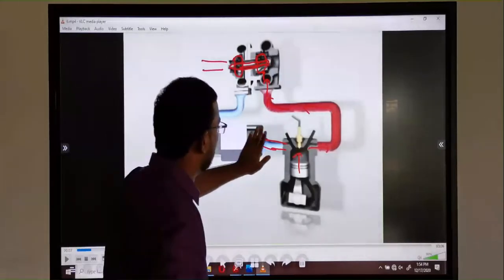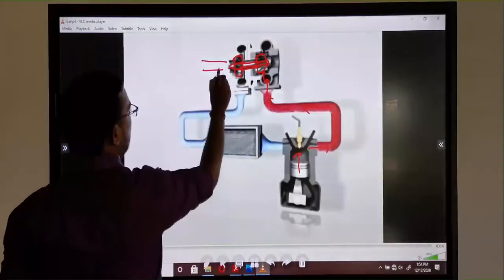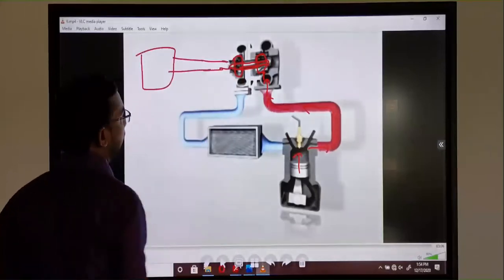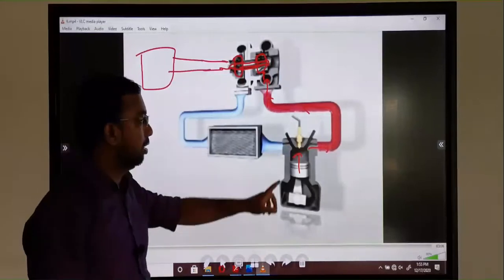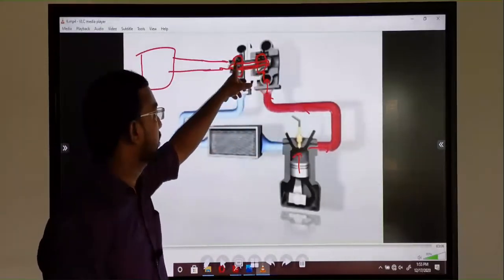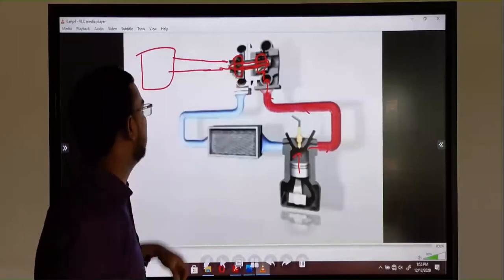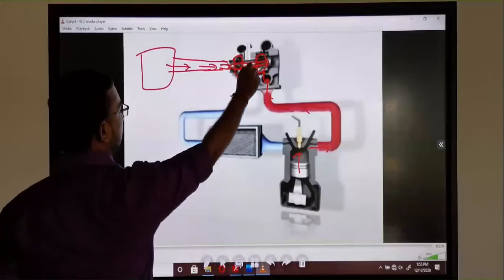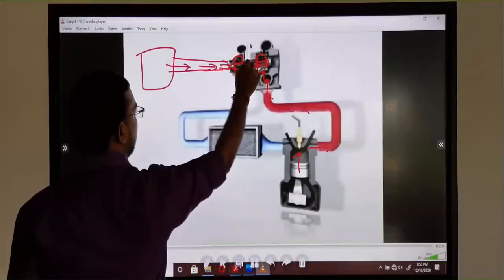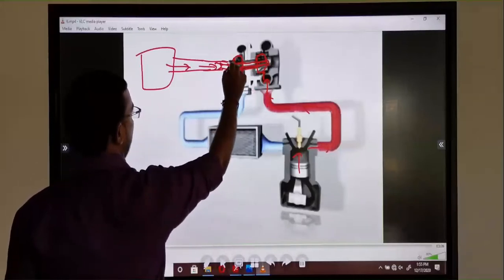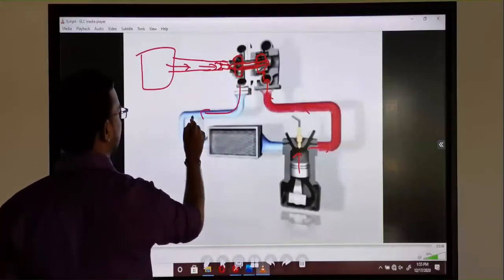Now I erase these things. Okay, now the air filter is here. Okay, what will happen? In the exhaust process, this wheel rotates. So according to that, this intake wheel is located. So this air is pulled when it's the exhaust time, this wheel rotates. At that time, this air is pulled by this wheel. Okay, so much air comes to